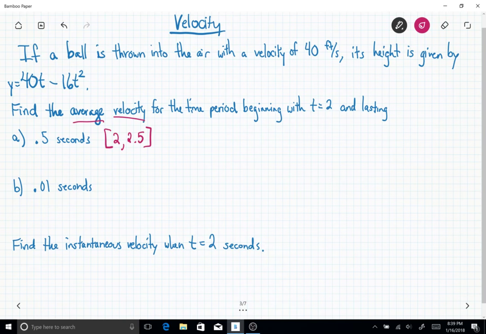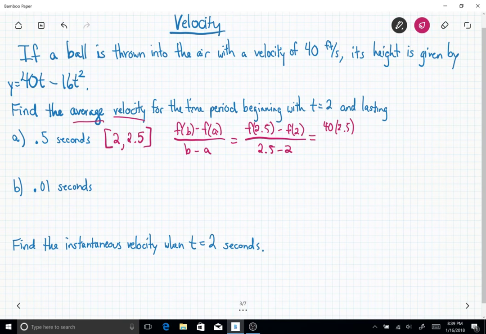Well, when you think about it, we go this f of b minus f of a all over b minus a equation. That's the average rate of change. So essentially, all we need to do is plug in 2.5. So f of 2.5 minus f of 2 all over 2.5 minus 2. And so you just plug it in, and so you get 40